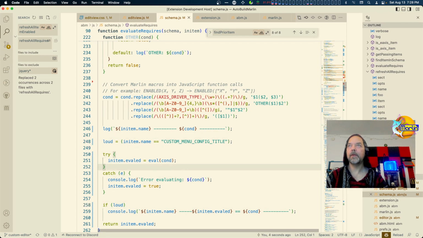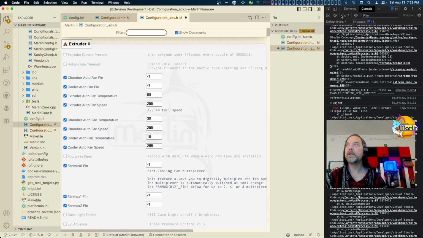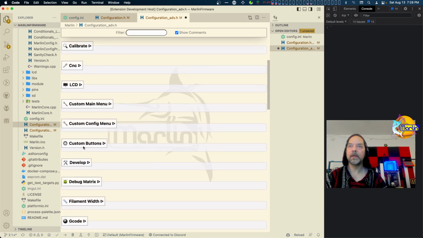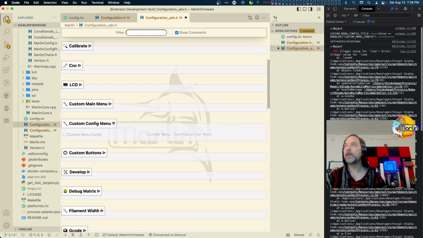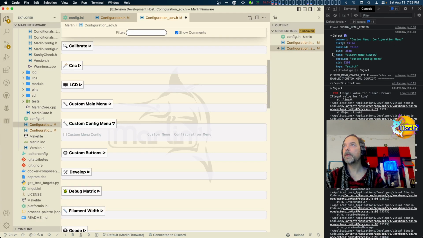Alright, supposedly that'll make it print more stuff. There we go, yeah, false, false, and then as far as evaled goes, well,